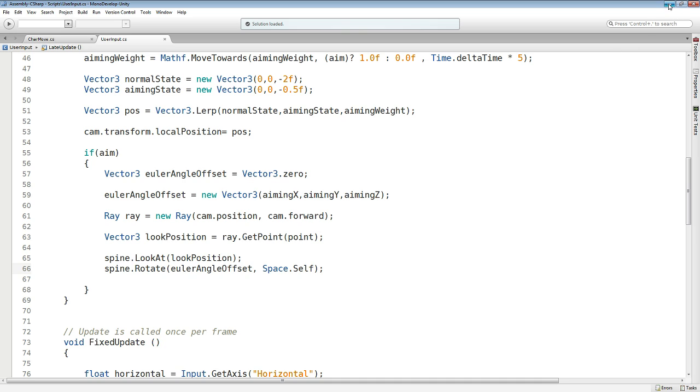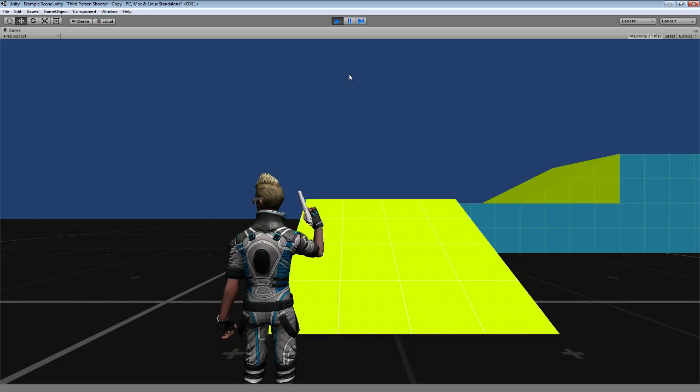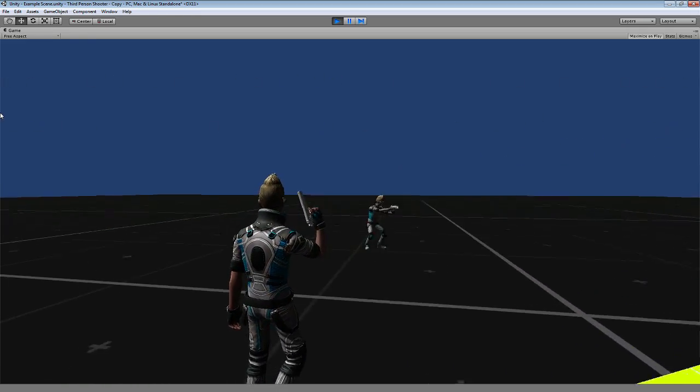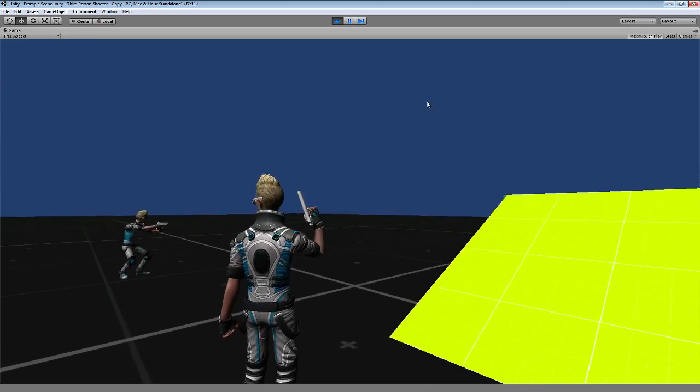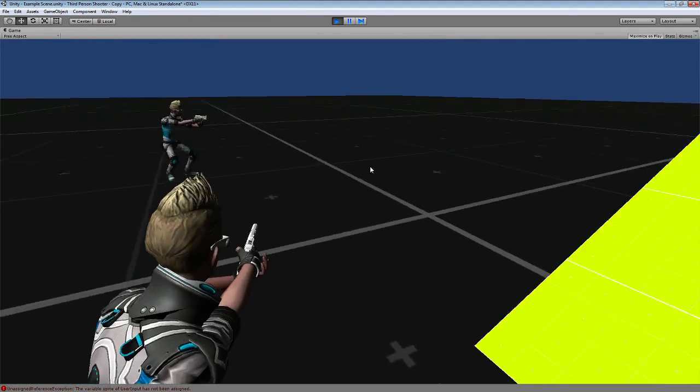So let's go and see what we did. Of course, let's save in here actually. Hit play. As you can see, the character is how it was before, and if we hit to start aiming,